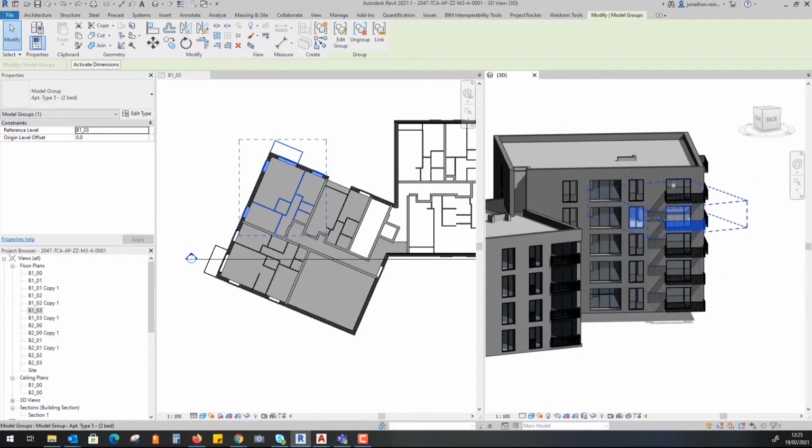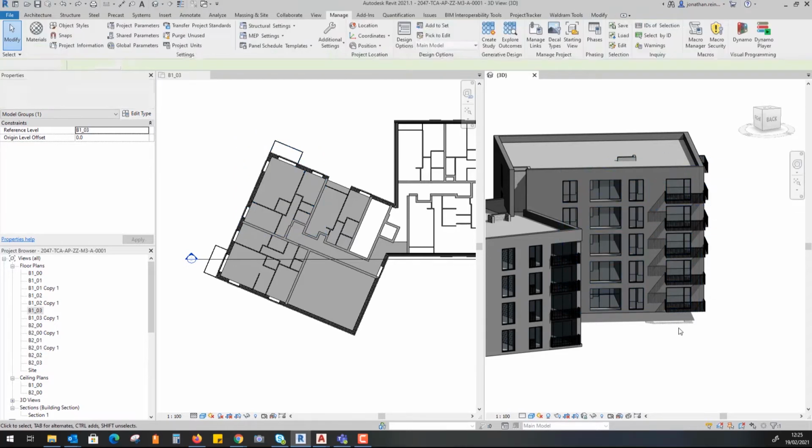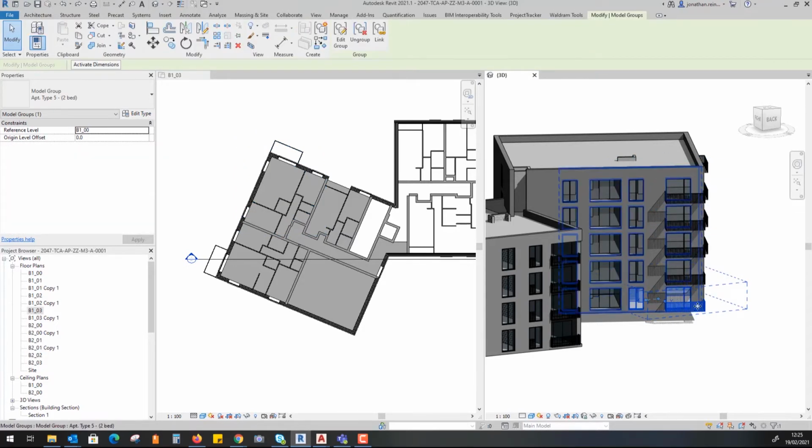From the ground floor up to the top floor here, all of these apartments have identical layouts. So what we've done is created a group of the ground floor apartment layout. You can see here when I click on it, it selects it as a group, all of the elements, and I can edit that group if I wish. So what I'm going to do is show you how to create a group and then duplicate that up to